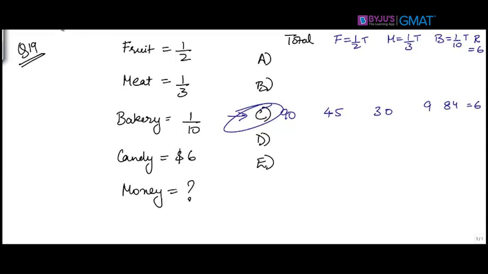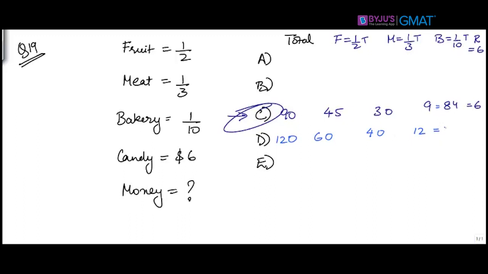Let me just quickly write down another answer option just to give you a little more clarity. Let's look at answer option D. That is $120. Let's say he spent $120, and let's see how it does not add up to the given facts. So the amount of money he spent on fruits, half of the total, that is 60. Amount of money he spent on meat products, 1/3 of 120, that is 40. Amount of money he spent on bakery, 1/10, that is 12. And if you add these values,